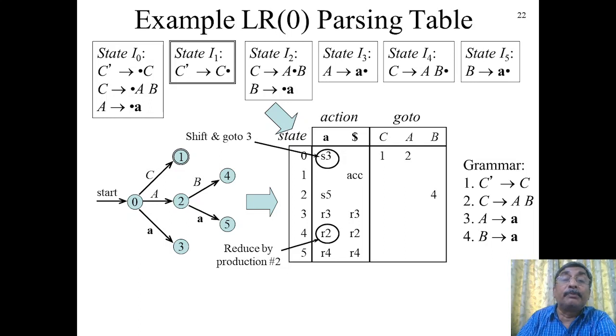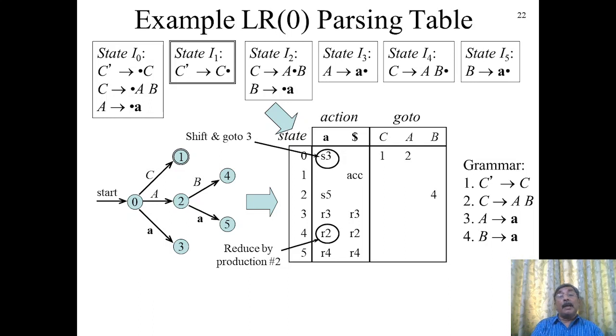If I am in state 0, previous state is 0 and my current symbol is A, where do I go? I go to state number 2. If my current state was 2 and I get a capital B at the stack top, then where should I go? I should go to state number 4. I can easily see that from I2, if I do a goto on B, I move the dot beyond this B, and I go to state I4. You see, from I2 to I4 on seeing the non-terminal capital B. So if you want to completely capture the deterministic finite automaton, then what you need to have here